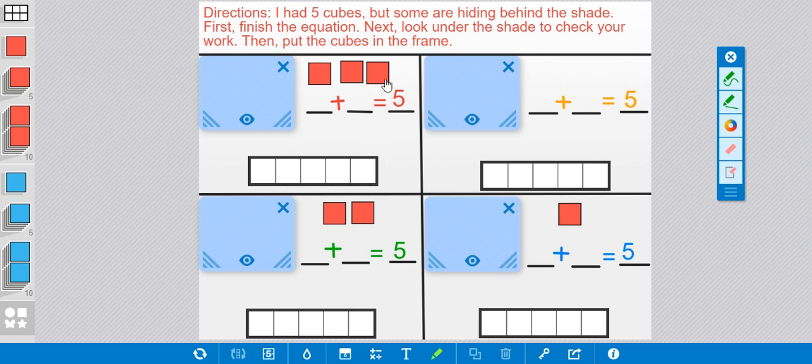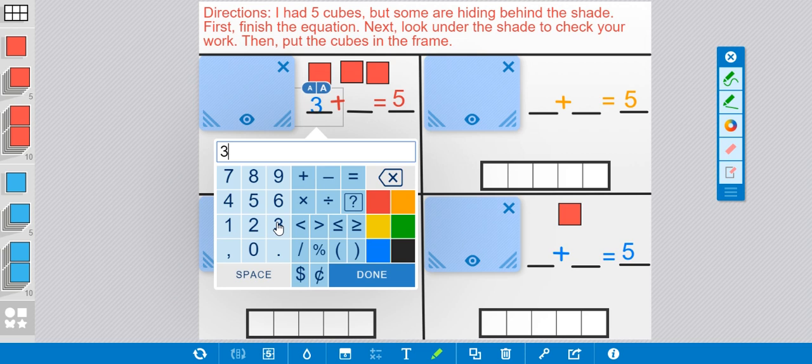I know that we should have 5 cubes. So that's why our 5 is here after our equal sign. And I only see 3 cubes. So I know that some of these cubes are in my hand or behind my shade. So, let's think. Let's start finishing this equation. I see 3 red cubes. So, with my calculator tool, I will write the number 3 on our line